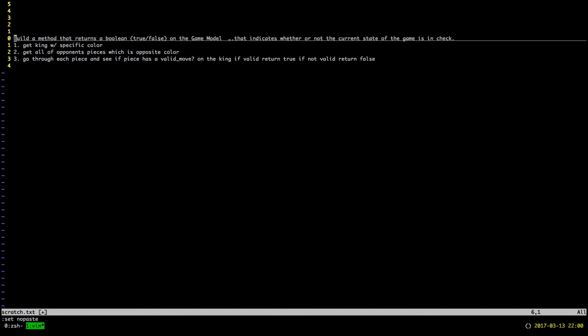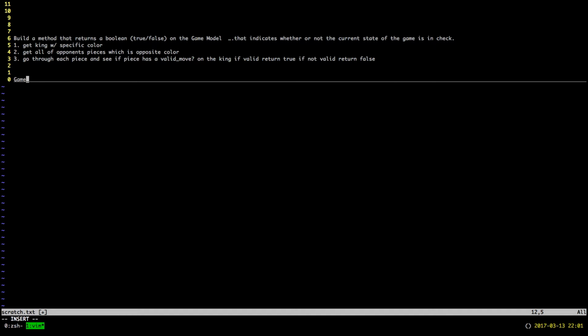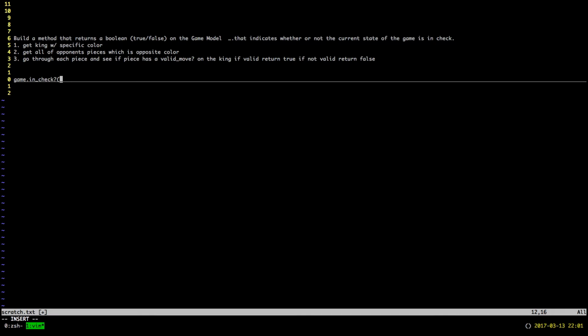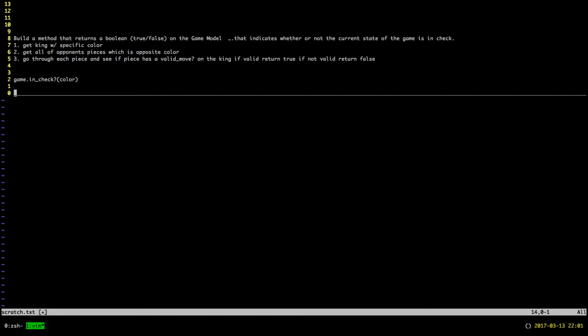Okay, so let's paste this in here. So you want to be able to do like game dot in check, something like that, right? Yeah, and just pass in one argument, which would be just the color. Right. You pass in the color. There's probably other ways of doing it, though. No, that's good. That's pretty good. And then so you basically, that means that like